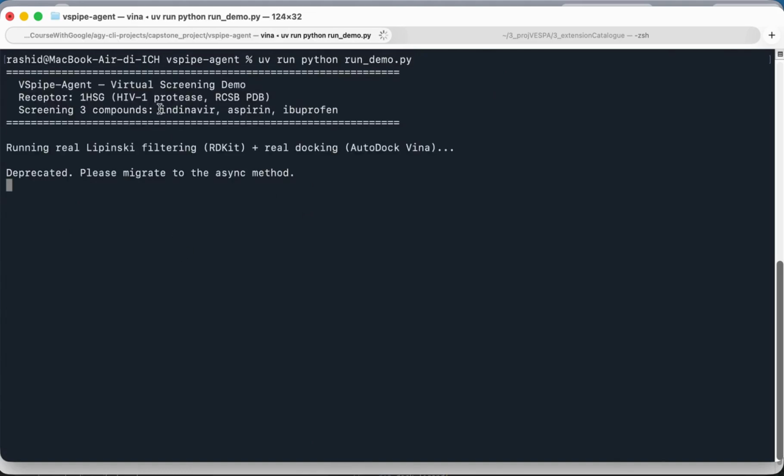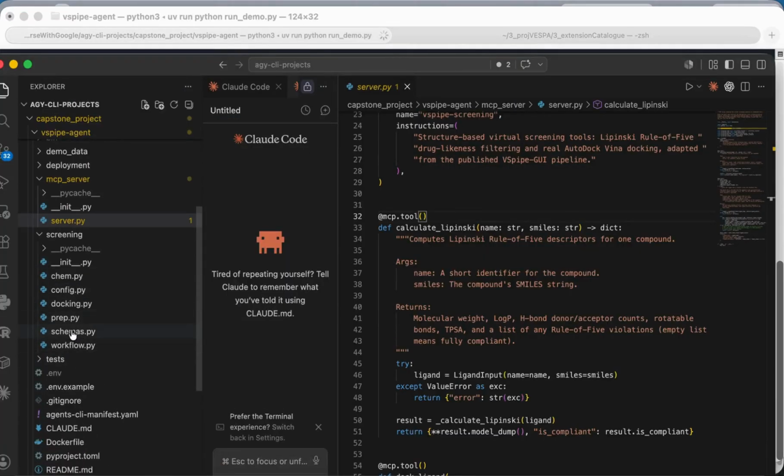The input compounds were indinavir, aspirin, and ibuprofen. They were docked against this protein, 1HSG. And the results will be shown in the form of docking score, and whether it complies with the Lipinski criteria or not. So it will take some time, and meanwhile I should go through the individual files used in the